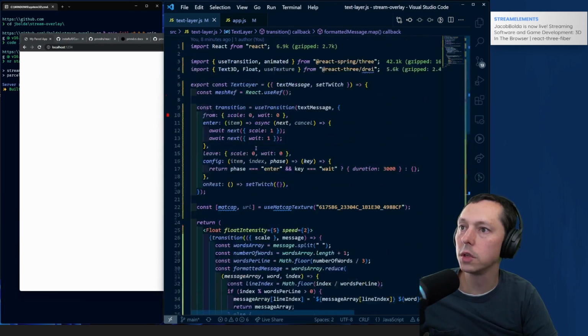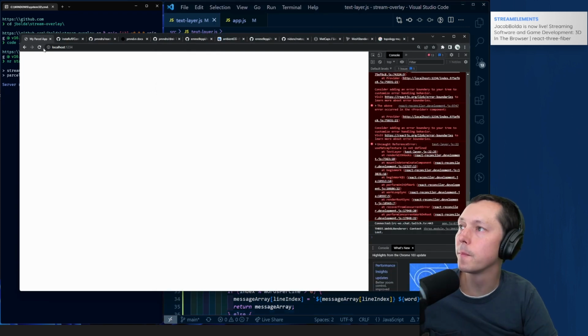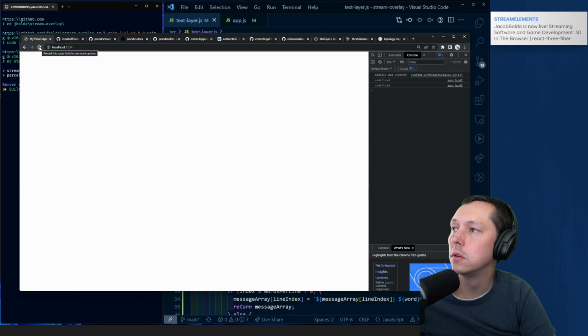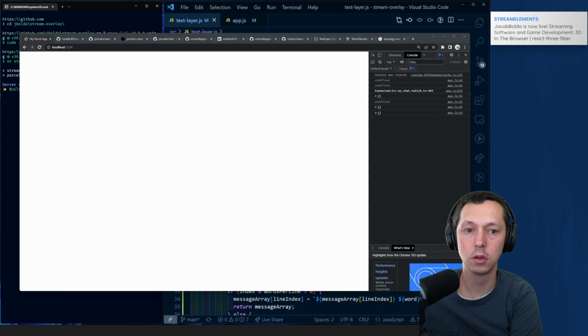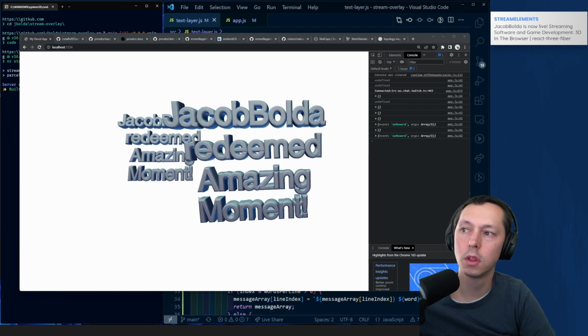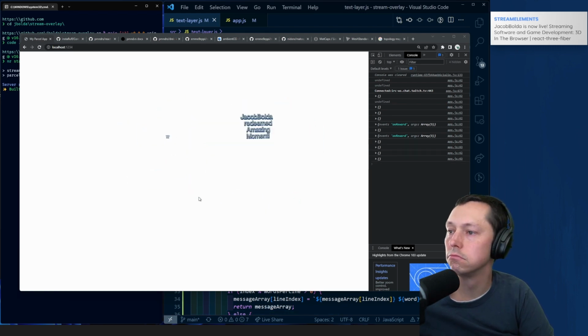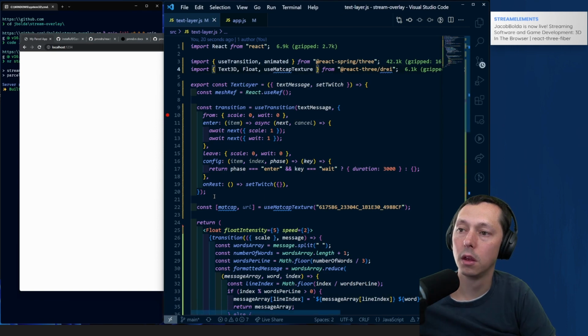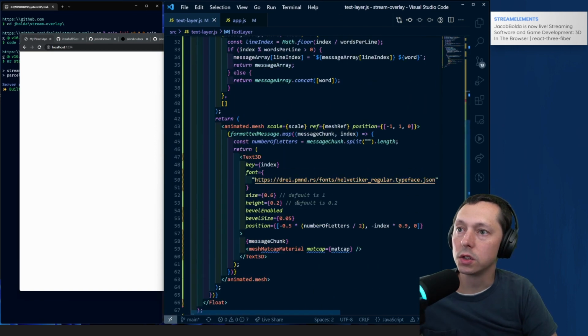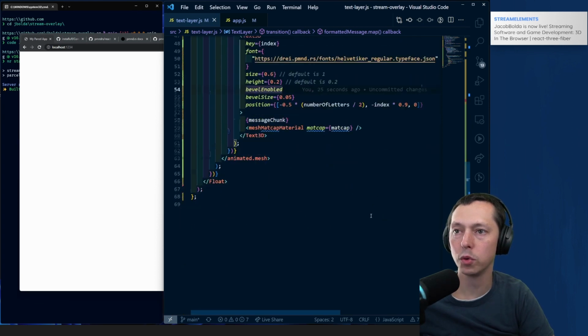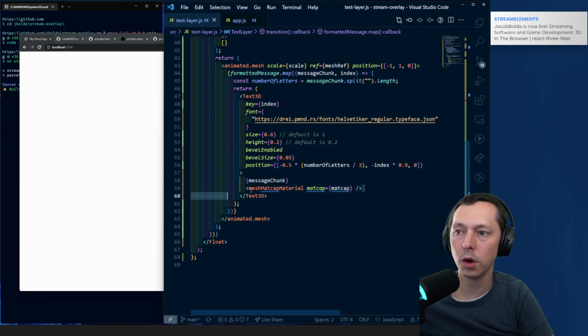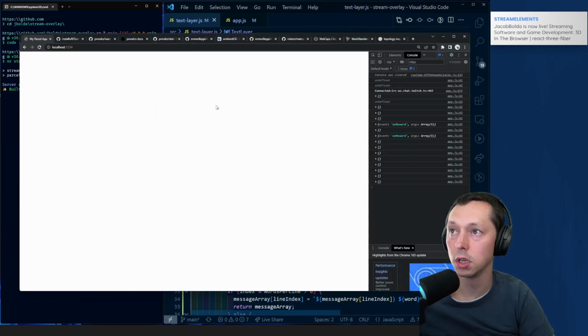Use Matcap texture. We now need to load that in. In place of use texture. There we go. So now we should be able to say, let's just do a channel point redemption. Sweet. I think the sizing is good. I think all that is pretty good. We can play around with that more in the future. But now we have a way that we can say,